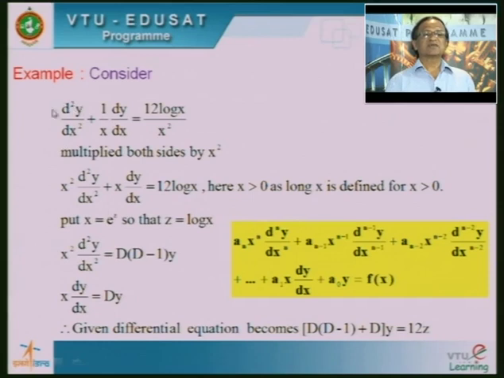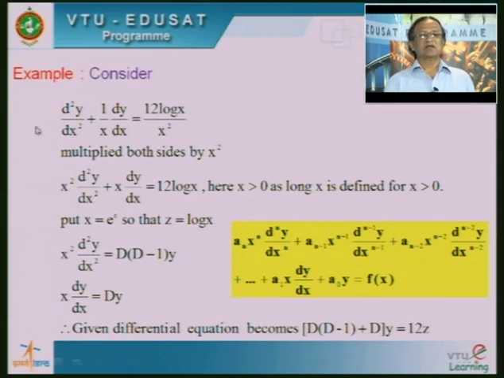Because the first term is d square y upon dx square, but its coefficient is constant. Actually, if I want to say that it is a Cauchy-Euler equation, its coefficient must be x square. And the next term, the coefficient of dy by dx, is 1 upon x. If I want to call it a Cauchy-Euler equation, the coefficient must be x. So, clearly the given equation is not a Cauchy-Euler equation, but we can convert this equation into a Cauchy linear equation. How do we convert?